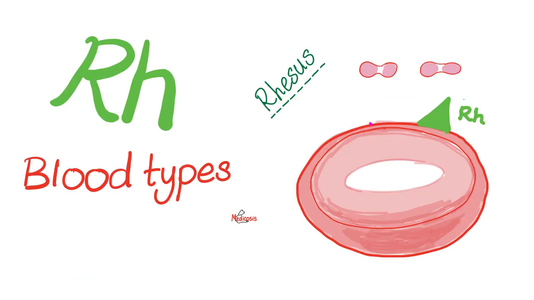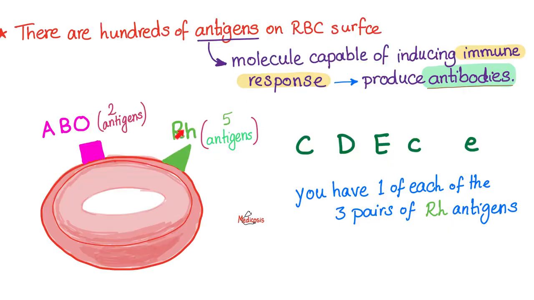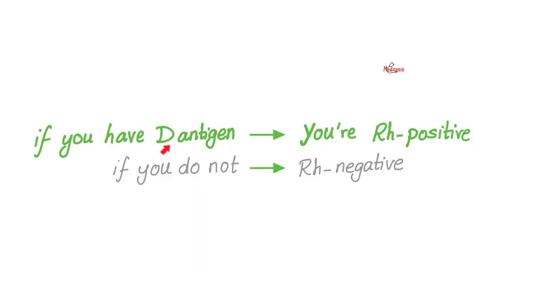Let's talk about Rh groups. We're asking ourselves, are you positive or negative? Do you have the Rh or you do not have the Rh? The Rh, of course, is called the D antigen. Where do I find the antigen? It's here on the surface of the red blood cell. This is very famous. If you have this uppercase capital D, you're Rh positive. If you do not have it, you're Rh negative.